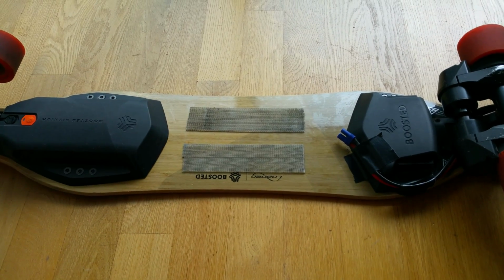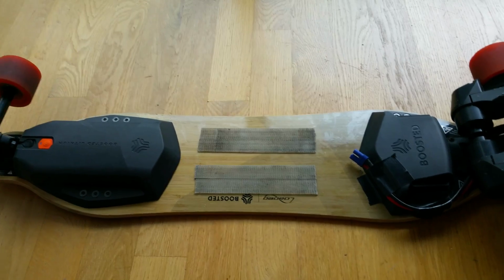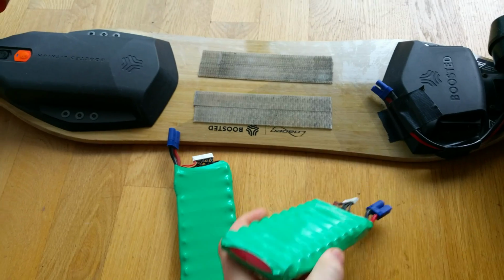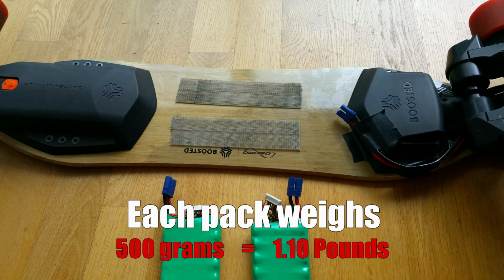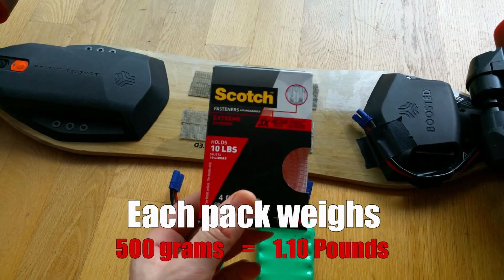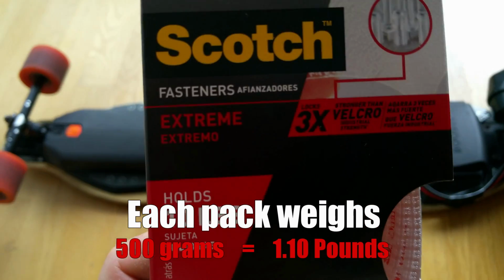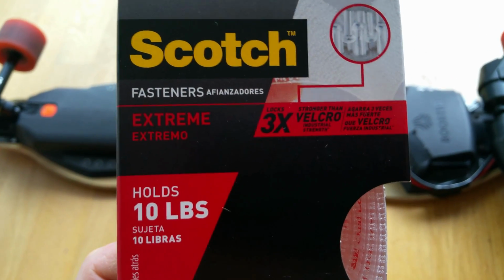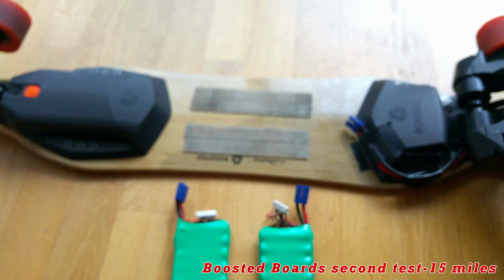Hi guys, so before I share my results of the second test, I actually have two batteries here, 2 packs. I would actually like to show you the product I used. It's the Scotch extreme fasteners, right? Hold up to 10 pounds, and it says here